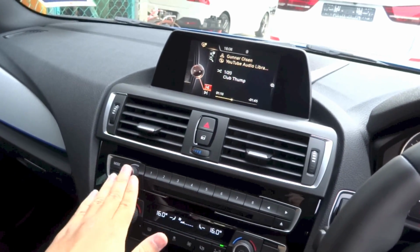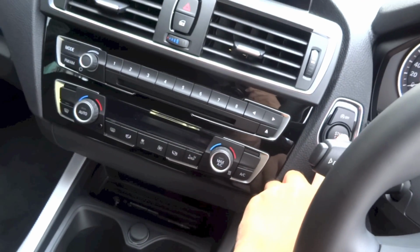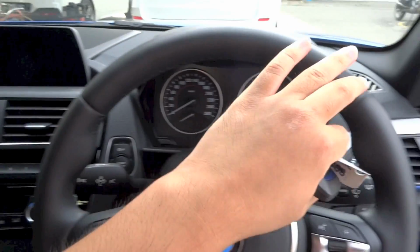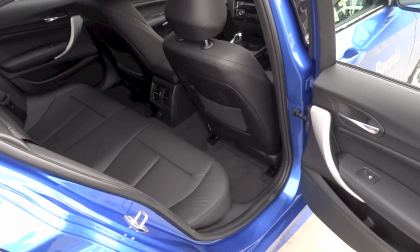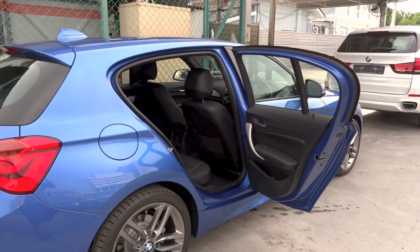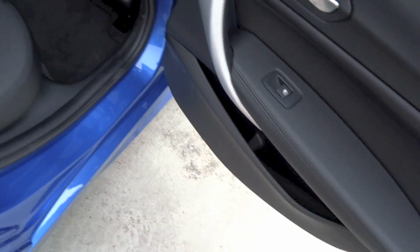Alright. So I guess that's it for the startup. We can turn it off right now and continue with the rest of the tour. Window control, storage,